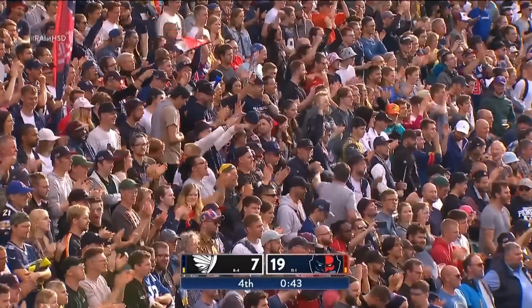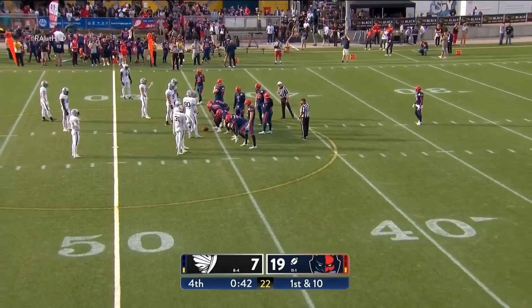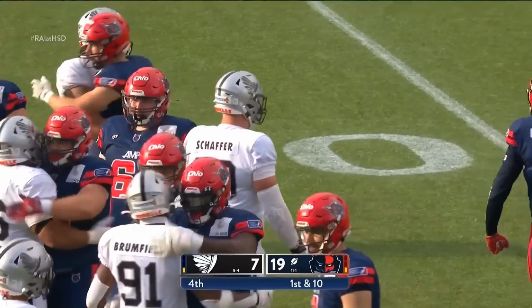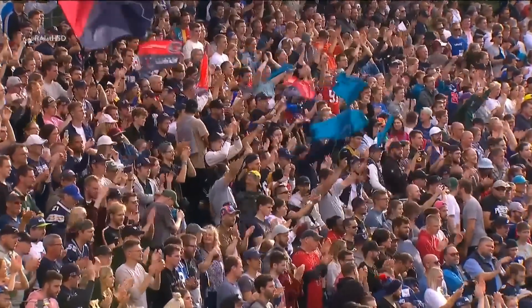I still would take him any day of the week and twice on Sunday. And they have led us to a successful ending and culmination of this first of 2 playoff games in the playoff weekend in European League of Football. From Stadion